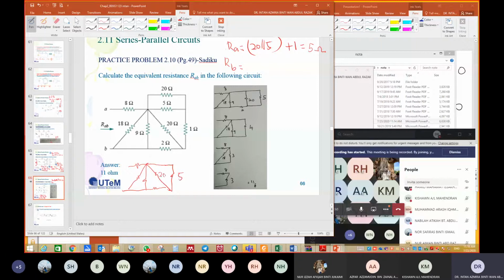So this is 20 and 2. Okay, now we know that 20 is parallel with 5, and then we can add with 2, right? So let's name it RB. RB is equal to 20 parallel with 5, and then plus 2 is equal to,